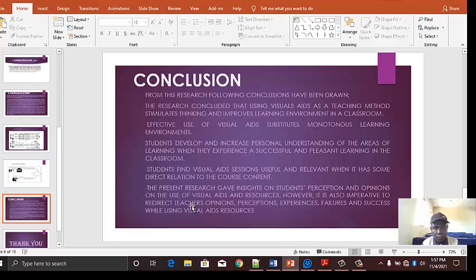So, conclusion: with all this, I believe you can now know what audio visual resources means. From this research, the following conclusions have been drawn. The research concluded that using audio visual aids as a teaching method stimulates thinking and improves the learning environment in a classroom. Effectively using audio visuals